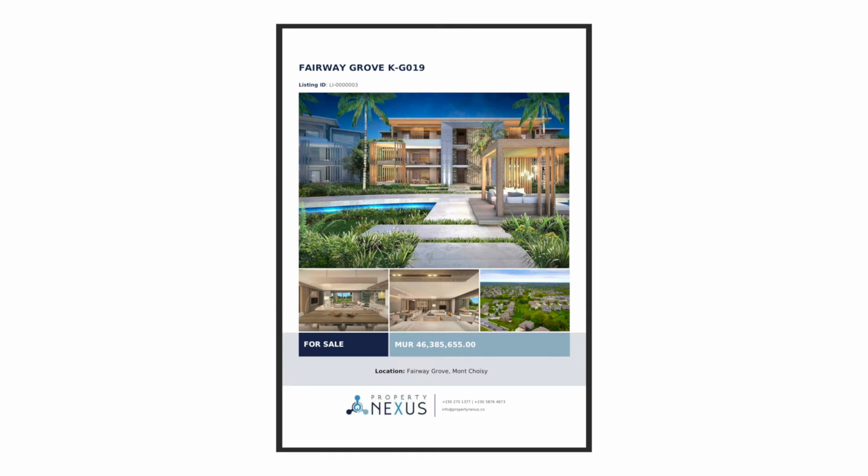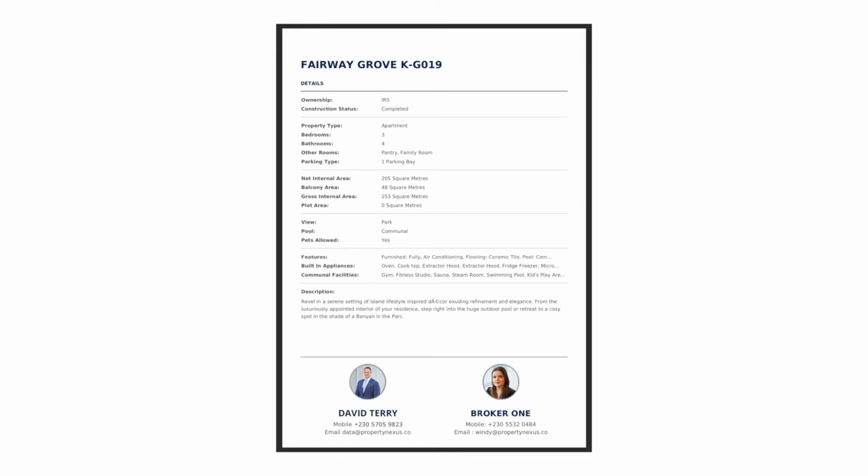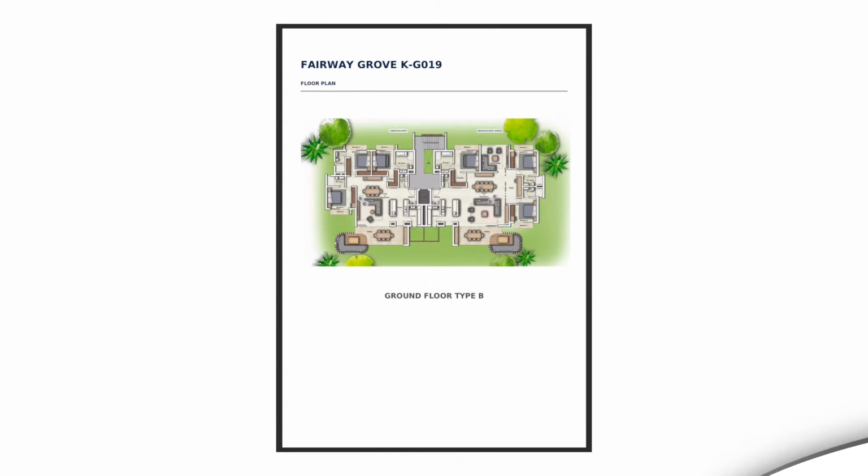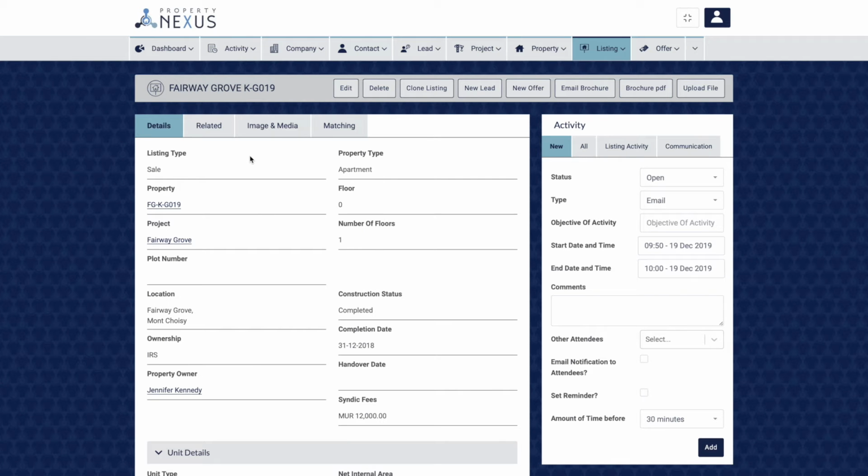Listing brochures can be downloaded or emailed to the contacts from the listing record page. The standard template will automatically generate the brochure with all the details and images that have been entered into the listing record correctly. You must make sure that the following fields have been filled in to ensure that no information